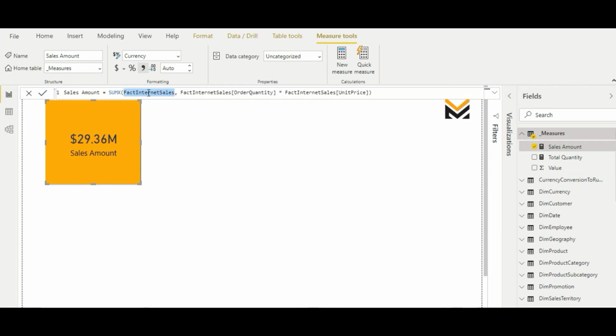Basically, whenever this function gets triggered, based on whatever filters we have used in the report, this table will be created. The first argument will always be evaluated before the row context starts. So for the first argument of any iterator function, the row context will not start immediately. First the table will be evaluated based on the current filters of the report. Suppose I am using a slicer and I have placed a filter on color, and I only want to see the sum of sales amount for the colors black or red.